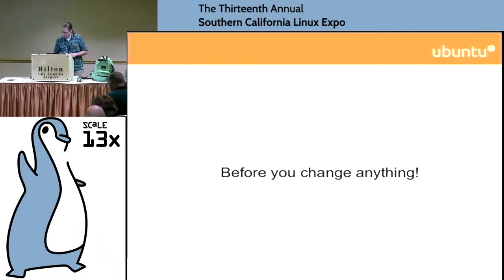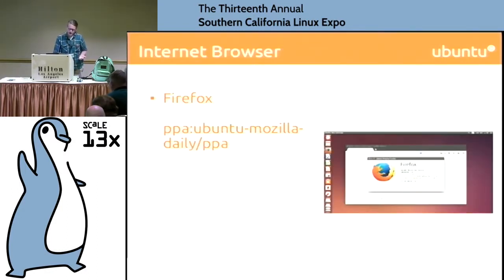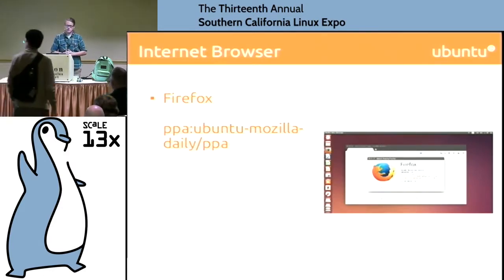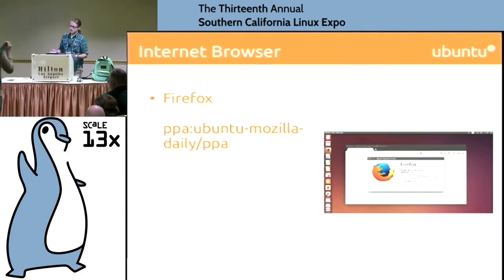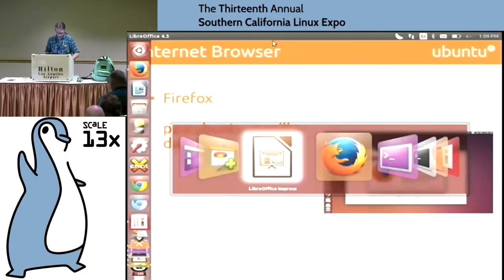Now, if you're completely unfamiliar with Ubuntu, obviously we have the default internet browser of Firefox, and if you're unaware of that, you should look into the internet. It's a pretty exciting thing. However, maybe you've been using Firefox for a while and you want to think to yourself, well, what other exciting things can I do? I mean, maybe I'm not a computer programmer, maybe I'm not an incredibly technical user, but one thing you can do is upgrade to the Mozilla Nightly builds or the newer releases that might not be available. Obviously, I caution you if you're going to do something such as that, but you can always go on to the Launchpad page,